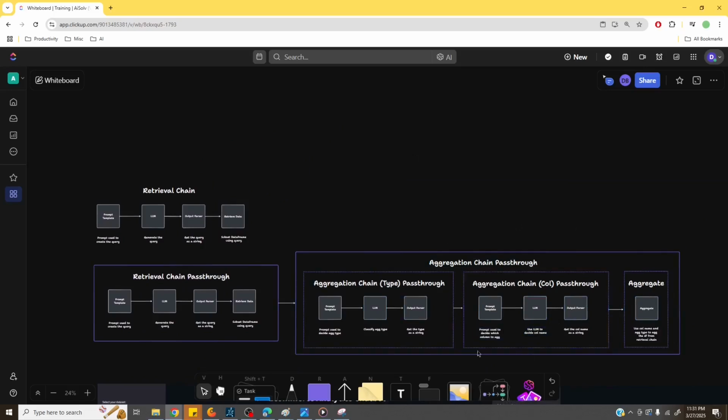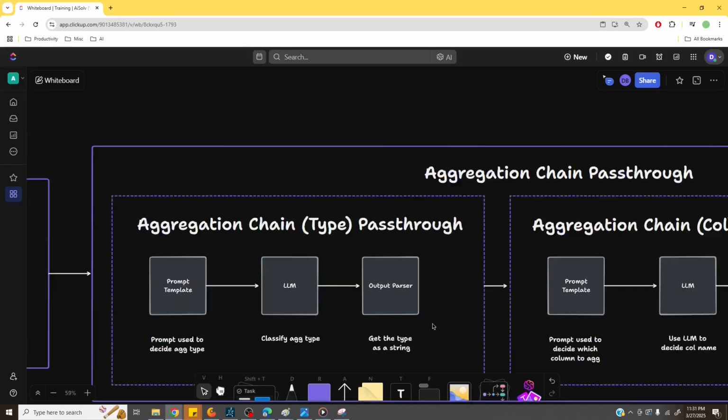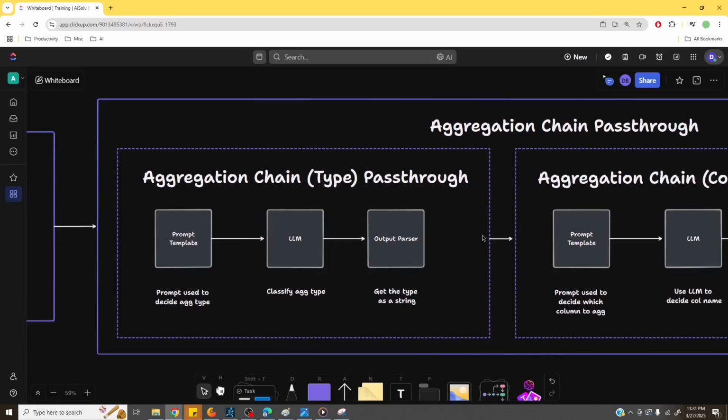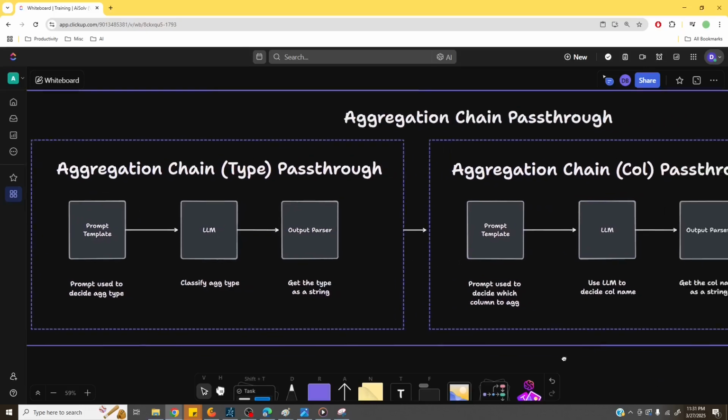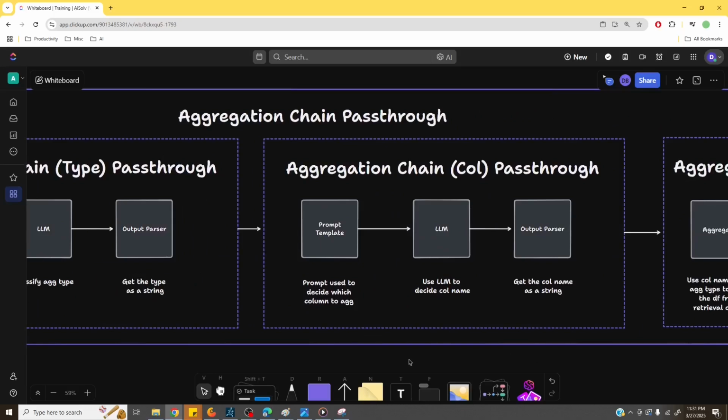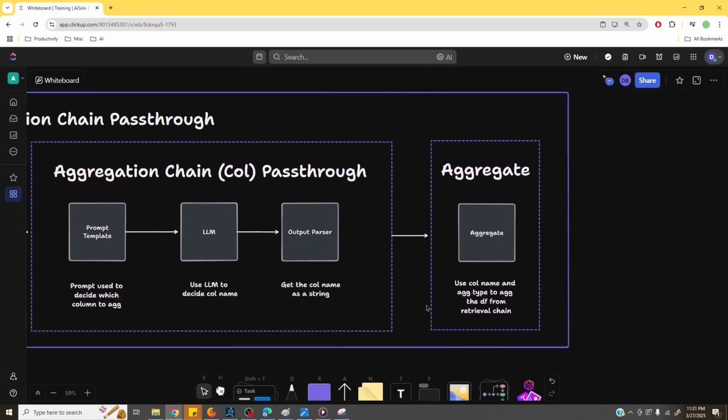So inside our aggregation chain, we will have three different components. First of these components is going to figure out what we wish to do with the data. So what kind of analytics do we want to do? Do we want to, say, get a sum of a column? Do we want to get a mean? Do we want to get the min or max? And then next we will decide which column we are looking to deal with. So we will decide which column names we want to aggregate over, and lastly we'll put that all together